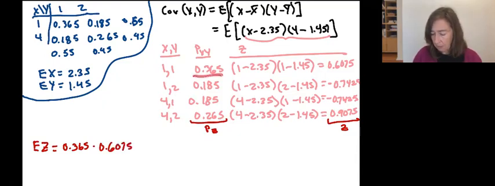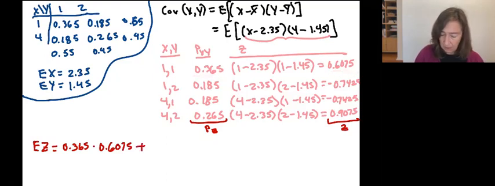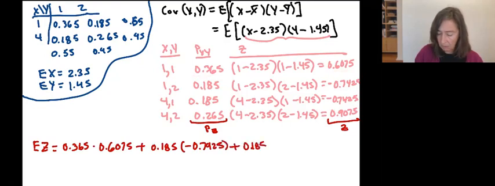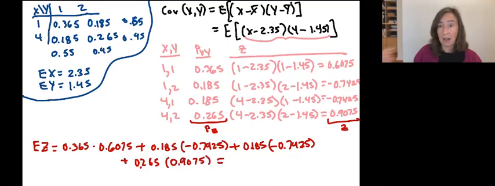Okay, so this probability, that value, plus probability 0.185, Z takes the value negative 0.7425, and the same again for the next row, also with probability 0.185, I get another negative 0.7425. Coming around here, continuing the expected value with probability 0.265, Z takes the value 0.9075, and I punch that all out